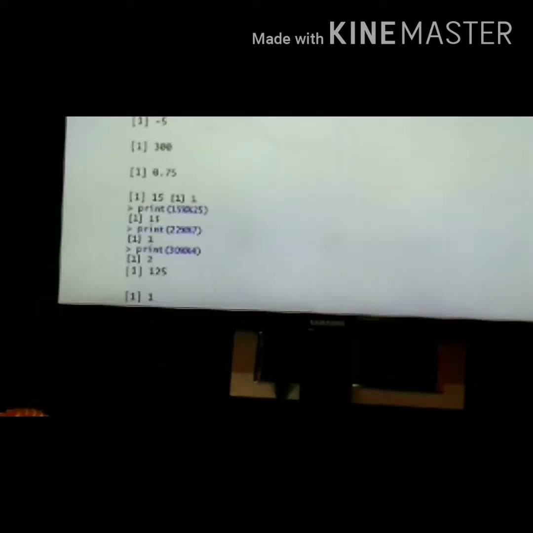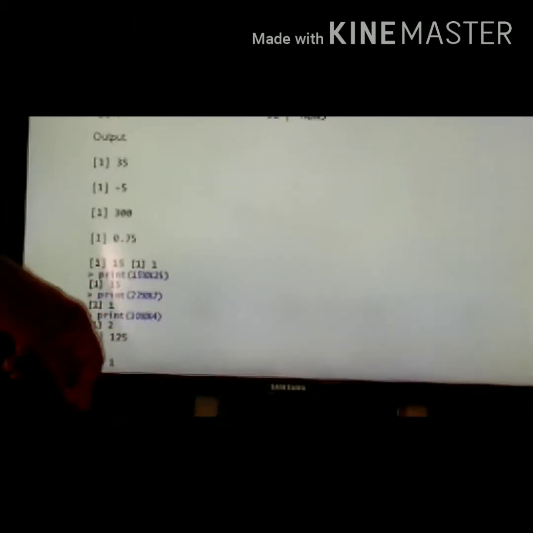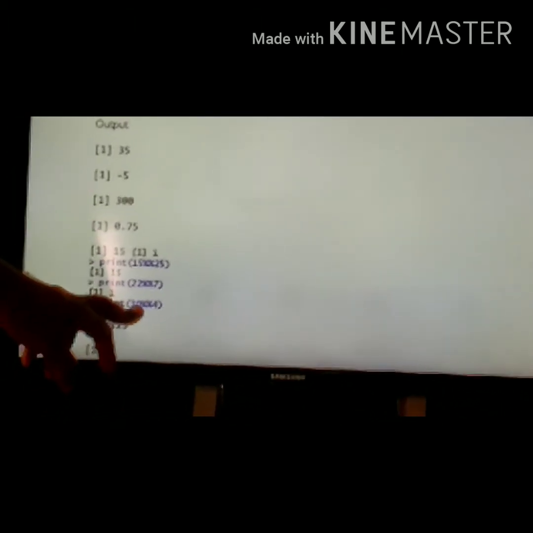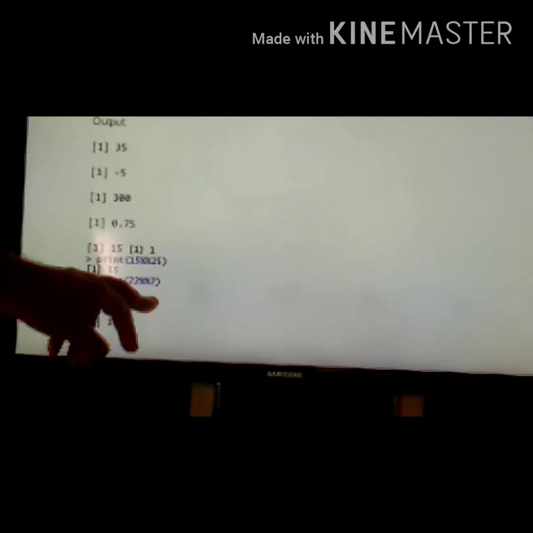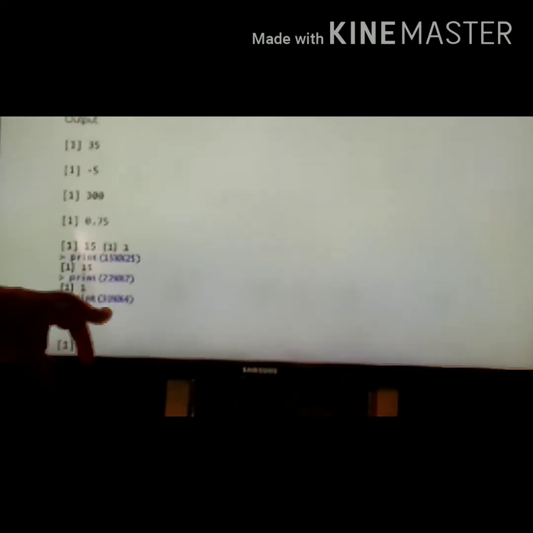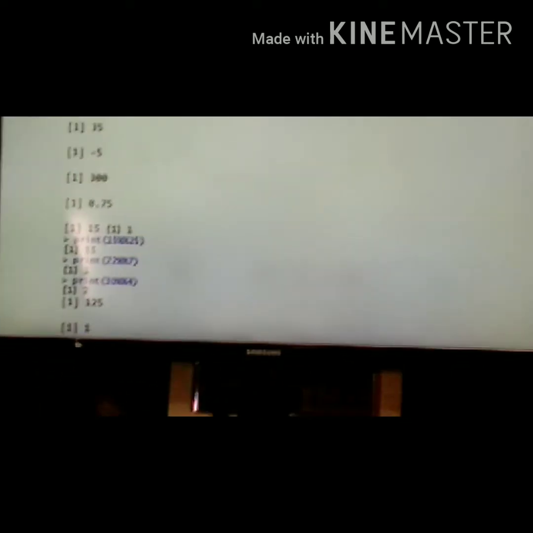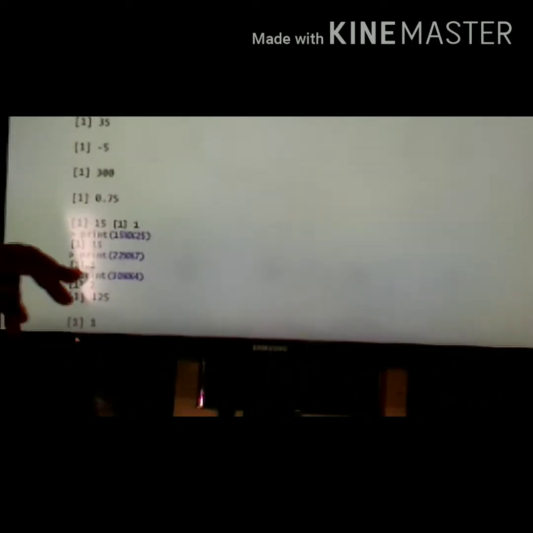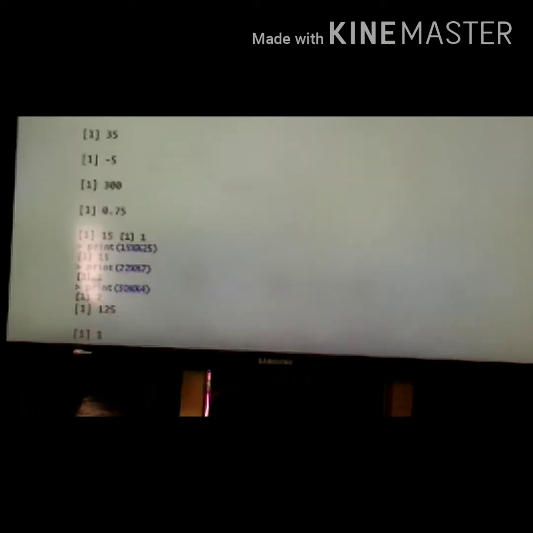That is the modulo division value. But suppose floor division, 30 %/% 4. 30 by 4 means what value? 2 point something, so we take the lower value. That is the meaning of floor division. Okay, so this is modulo division and floor division.